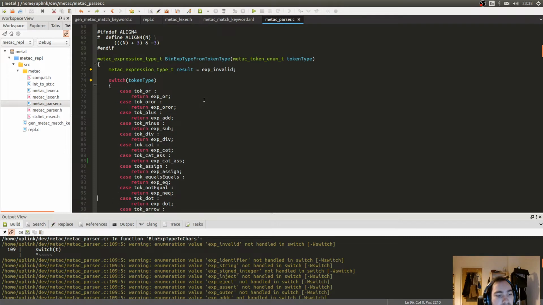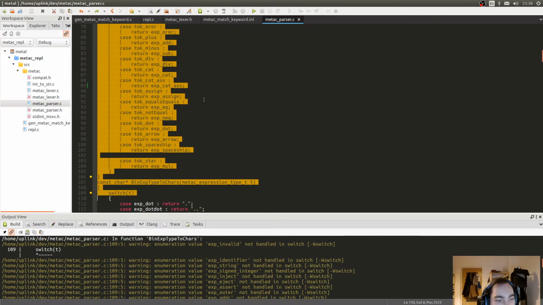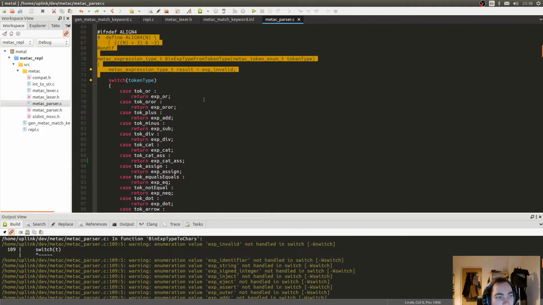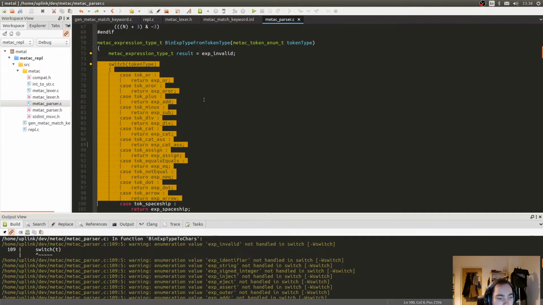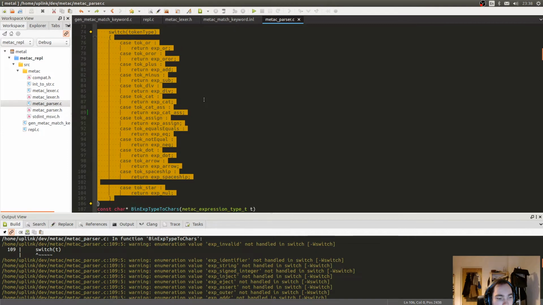You see, we have a switch here, but now this is no longer needed, since we know that these things are in the same order. So what we can now do is something quite neat,